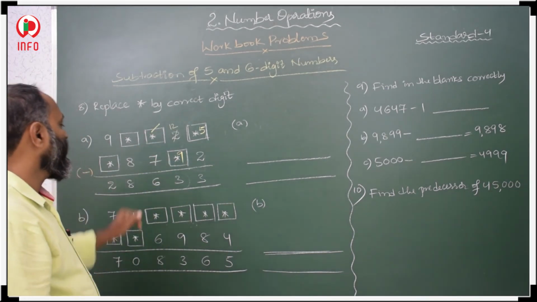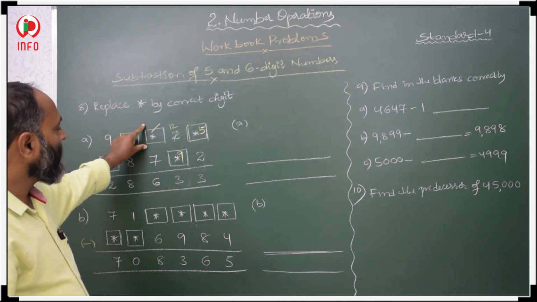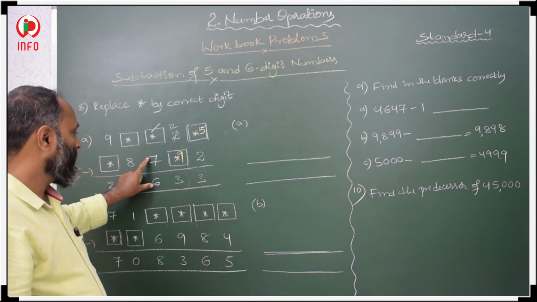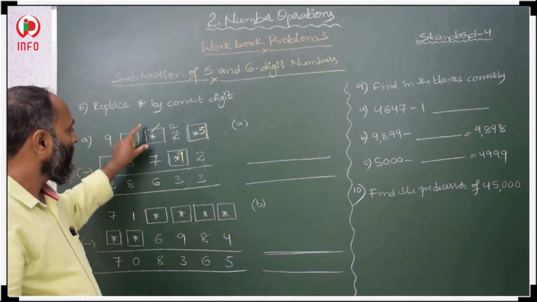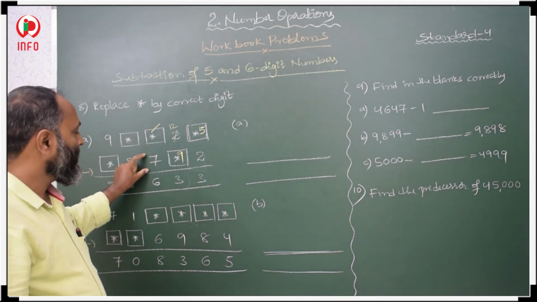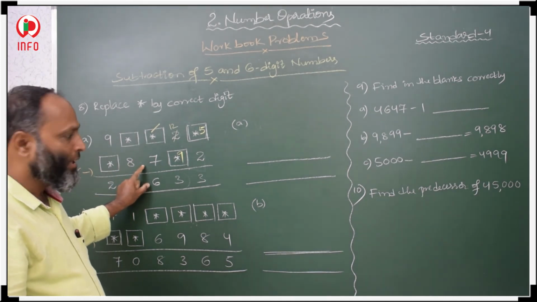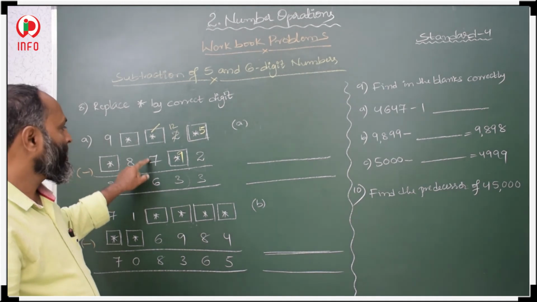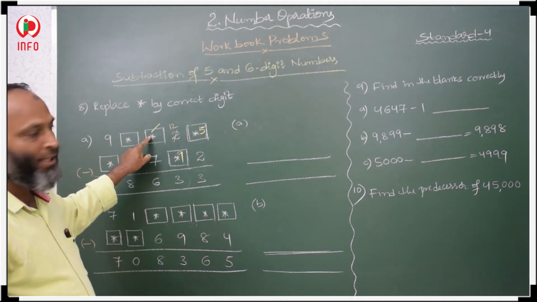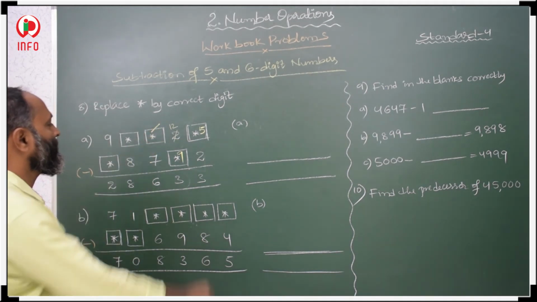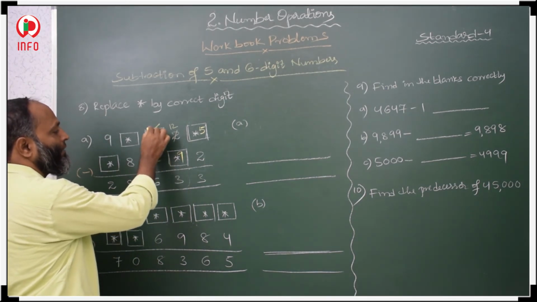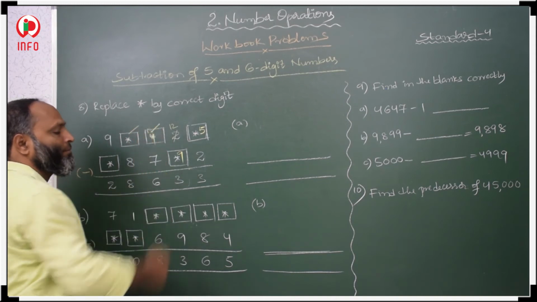Now here, how will we get this minuend? If we add both. How will we get the minuend? Subtrahend plus difference. Add these two. 6 plus 7 is 13. So we should get 13 here. 13, we are taking borrow, so it means 14, 4 here. Then after cancellation we will get 3.